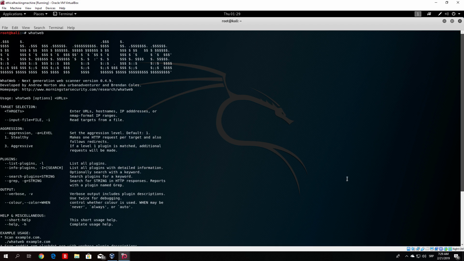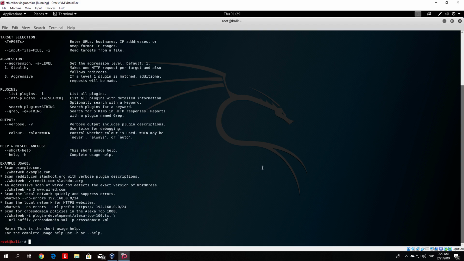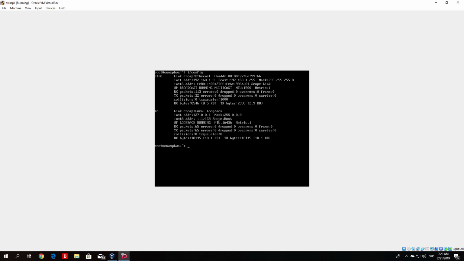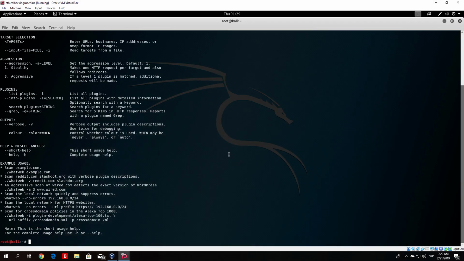Now, we will only cover one of the options right here, which is just the verbose, which is -v. We will just use that in order to show you what this tool does. So let me just check out the IP address of my OWASP machine. So I'll just type here ifconfig, and we can see that it is .1.9. So if I type here whatweb -v 192.168.1.9,